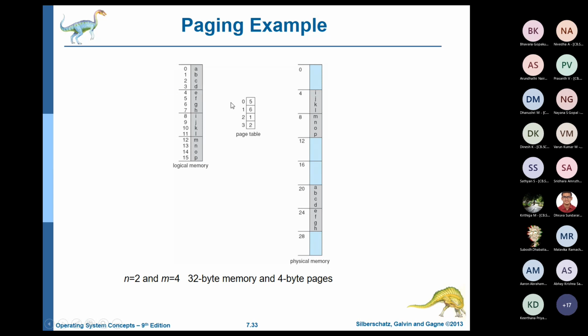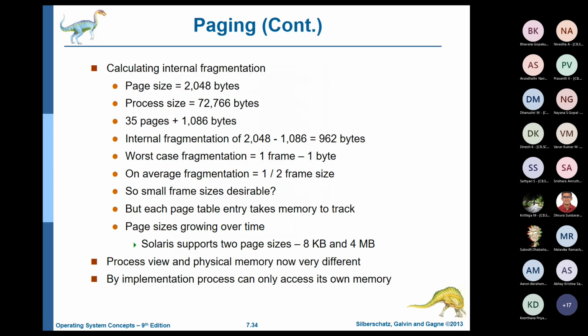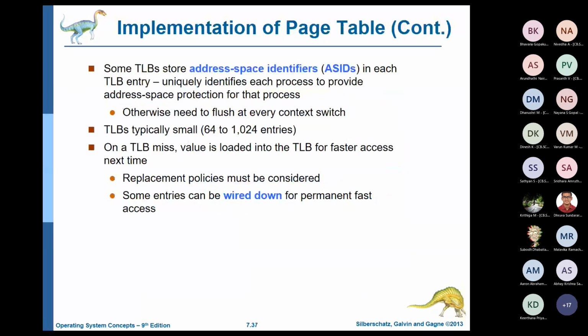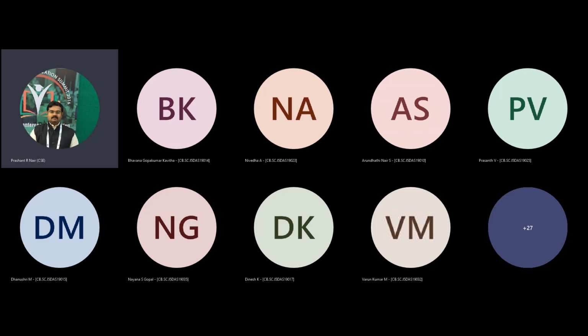See this table, how the allocation is happening. 0 is given to 5. Where is 5 here? Oh, maybe some mistake is there. Oh, there is some translation here. Anyway, I'll figure this out and tell you. Okay, so that's all from my side. I'll just look into that table and see how the complex page translation is happening. That last one, I have not got that.